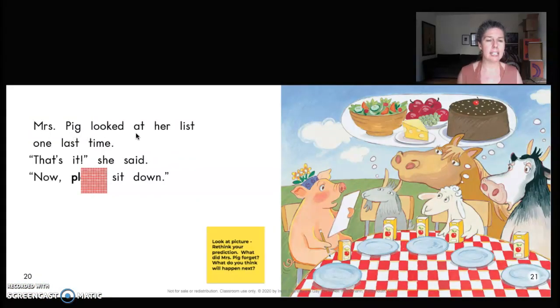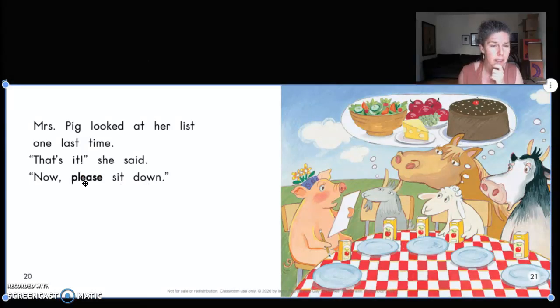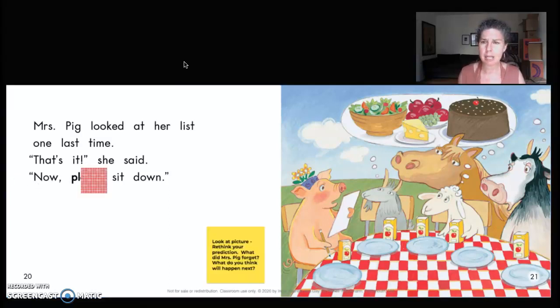Mrs. Pig looked at her list one last time. That's it, she said. Now please sit down. What would make sense there? Oh, maybe please? Now please sit down. Does that sound right? Let's see if it looks right with the letters. Please. It does. It looks right and it makes sense. Now please sit down. But wait, I'm looking at the picture